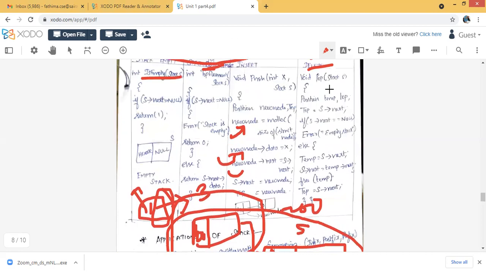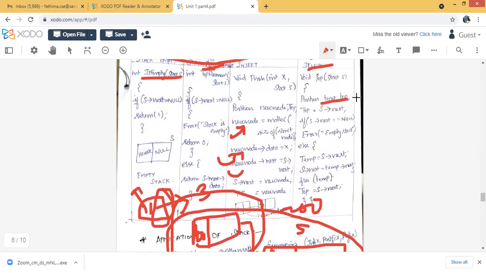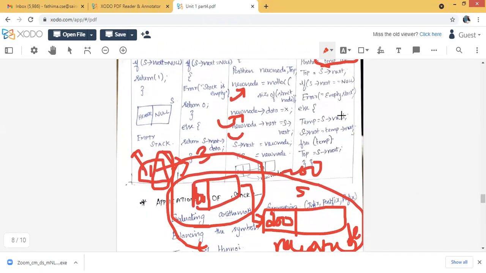So this is the condition of insert, and the next one is pop. You already know about that from studying the linked list concept. Whenever you want to delete an element, we have to create some temp, right? Like a swapping operation. If I want to swap elements from A to B, I have to create one temporary variable C. I move A to C, after that B to A, then C to B, right? Like that we will create this. Here we give a position of temp as well as top. Top always points to the stack's next, so that is not an issue.